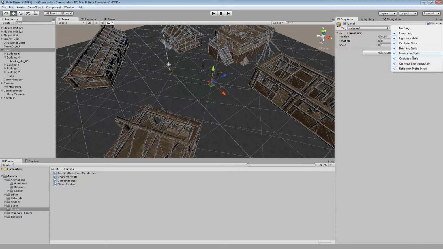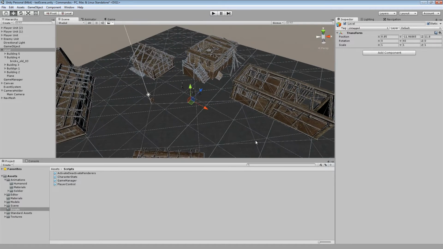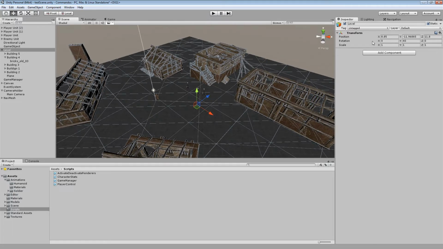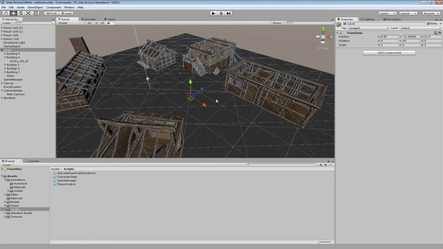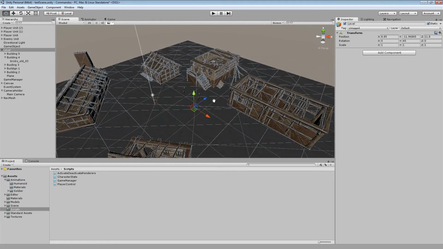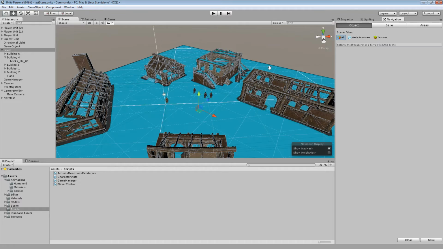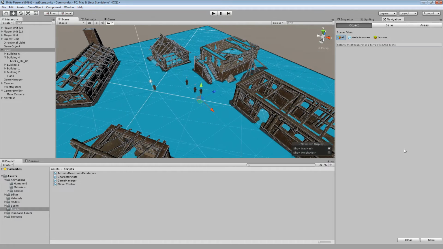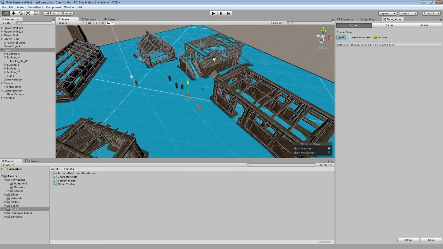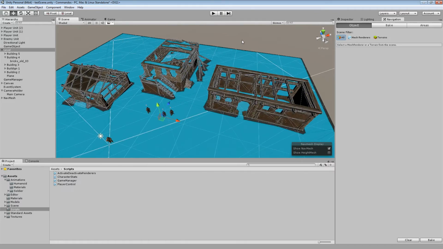Of course, with navigation static, this tells the system that all our meshes over here can be used to create the NavMesh. Then you have to click bake, and this returns us a NavMesh that is